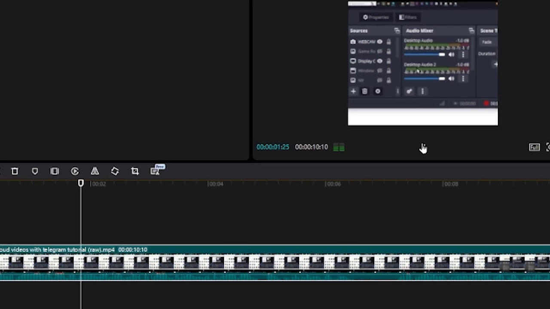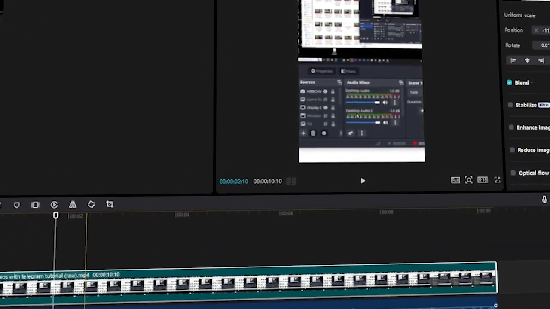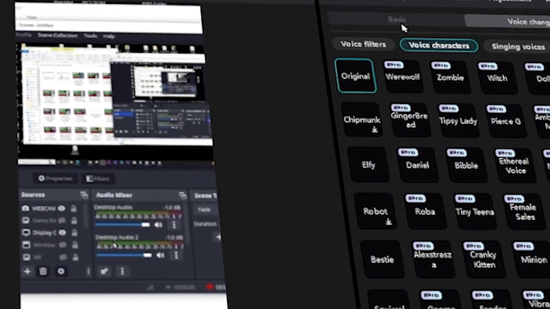This free tutorial will guide you through how to make an AI audio voice ghost effect in CapCut PC